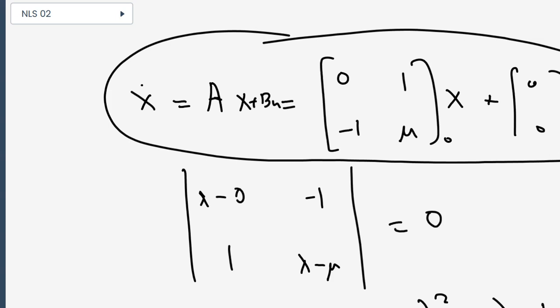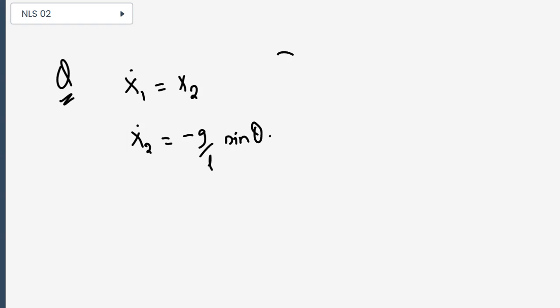So this is one example. You can take another example and try to find out whether the system is stable or not using the linearization approximation. Do it for the simple pendulum case that we had obtained last time: x1 dot equal to x2 and x2 dot equal to minus g by L sine theta. So for these two